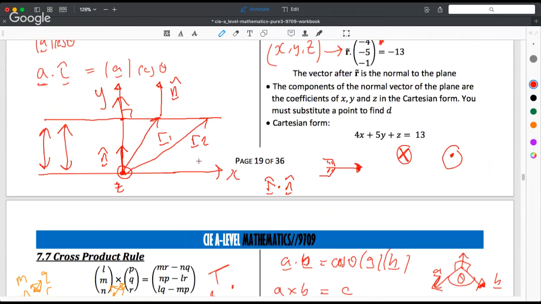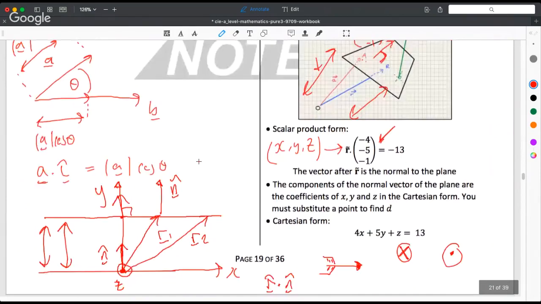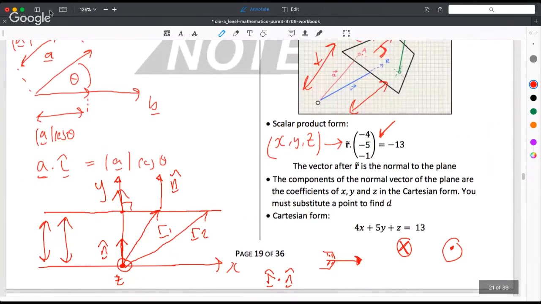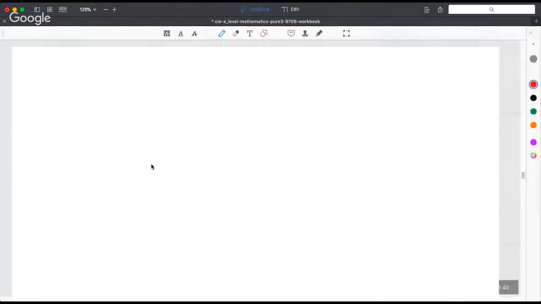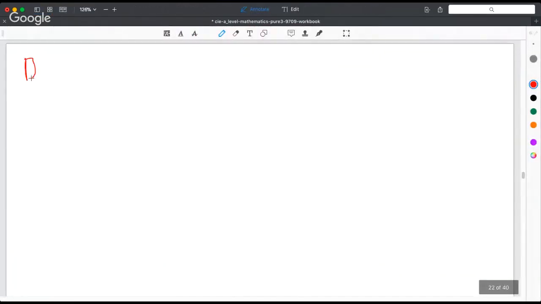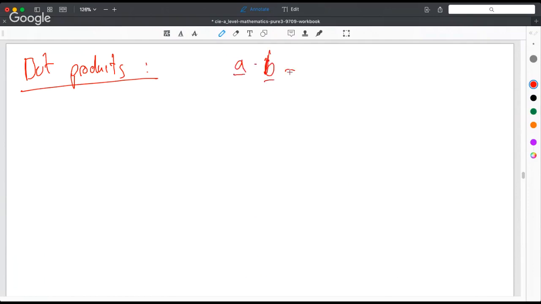Okay, cool. So let's talk about dot products again. Dot products are weird because I just sort of said what they were, and I didn't really explain where they come from. So, dot products. This is what the dot product was. We said the dot product was